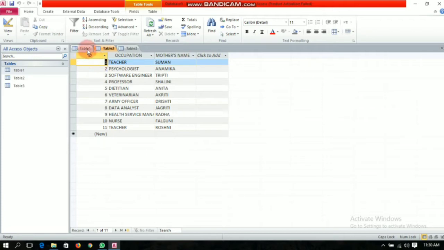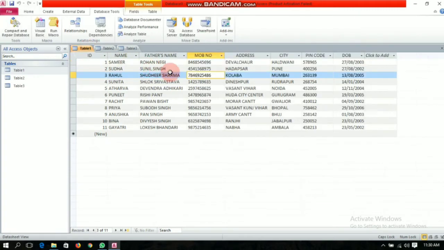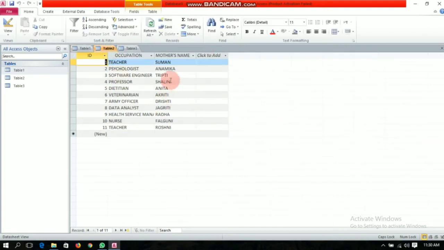Here in table 1 there are more details of a particular ID, and here only two details are there, but they are different from table 1.